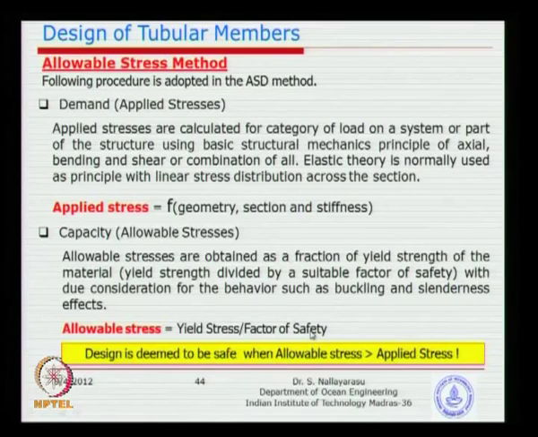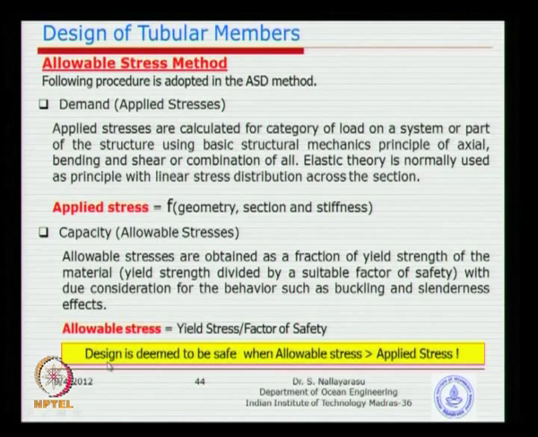So, that is the principle adopted under the allowable stress method, where the allowable stress is taken as a percentage of yield stress. For example, if you have a factor of safety of 2, what will happen? It will become 50% of yield. If you have a factor of safety of 1.5, it will become slightly higher. So, the lesser the factor of safety, the higher the percentage of the yield that becomes allowable stress. Now, how much is better, we need to decide. This number, the so-called factor of safety, needs to be decided by the designer or the particular codal practice which you are using.